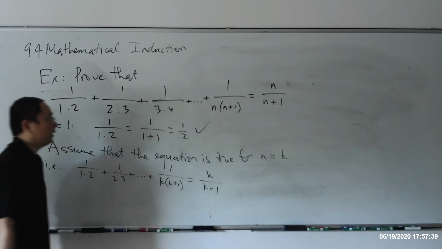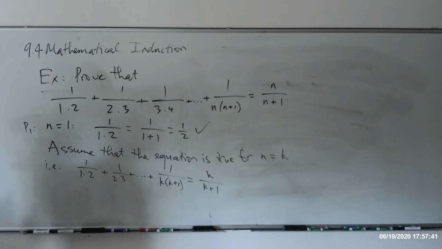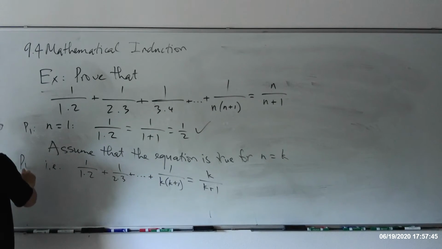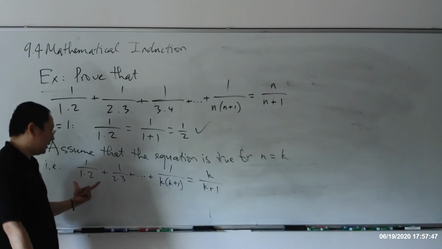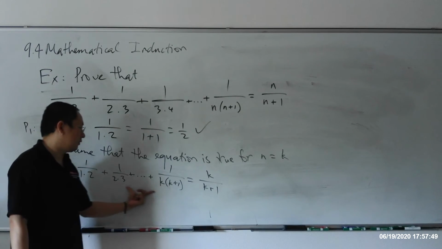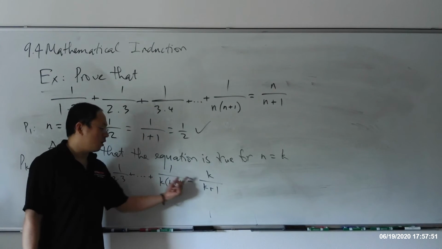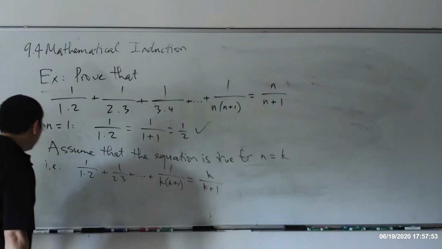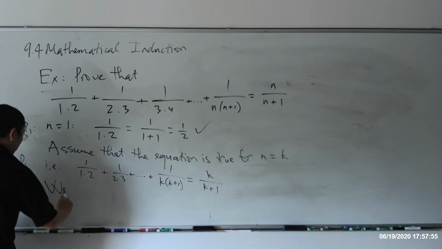All right? So this step is really Pk right here. We assume that, okay? We are assuming that the sum of the first k fractions of this type will be equal to k over k plus 1. Then we need to prove that